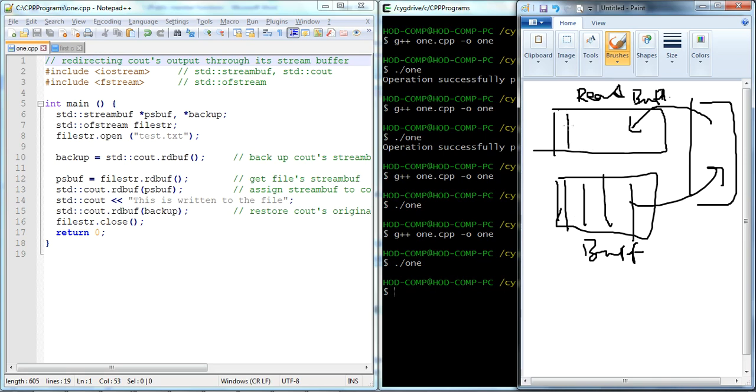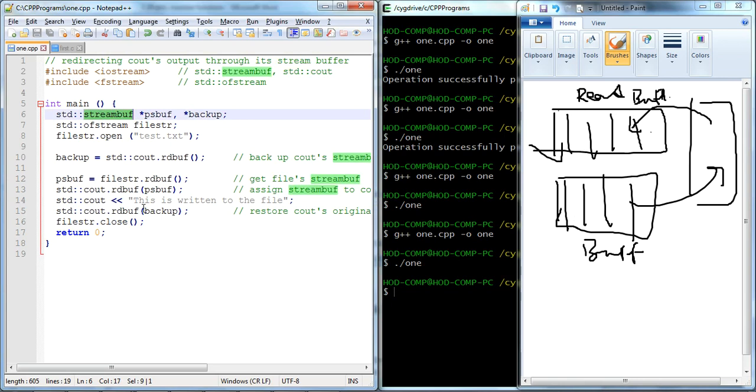Now what is the buffer? That is the memory. Then we need to access this memory with some address pointer. And here streambuf is a class under iostream, right? Now it creates a pointer related to that class, or we can say an object related to that class. Now this is the file pointer. Now we open that file.